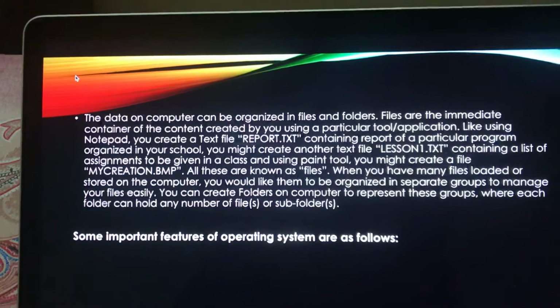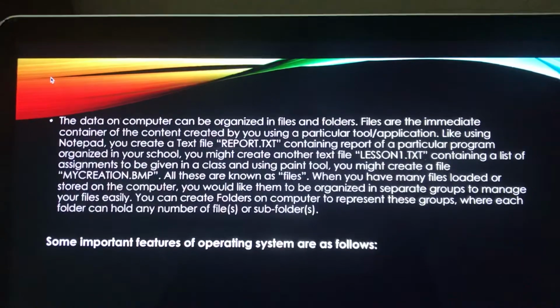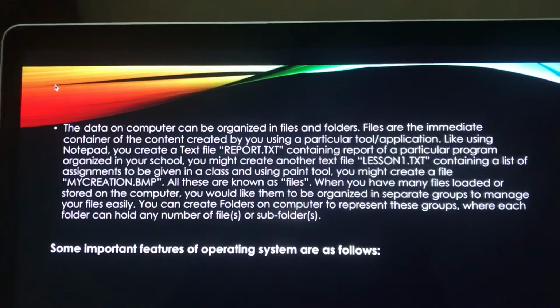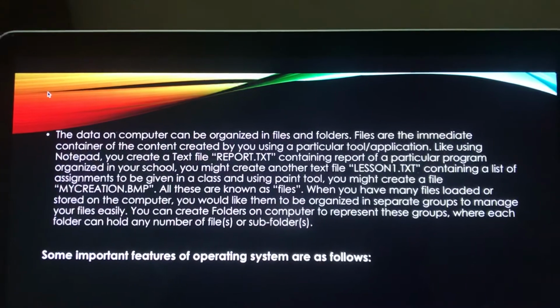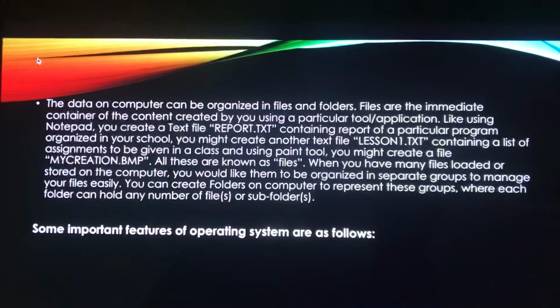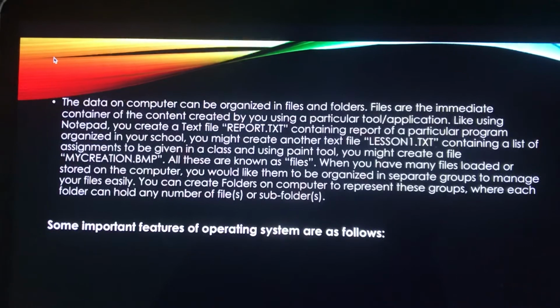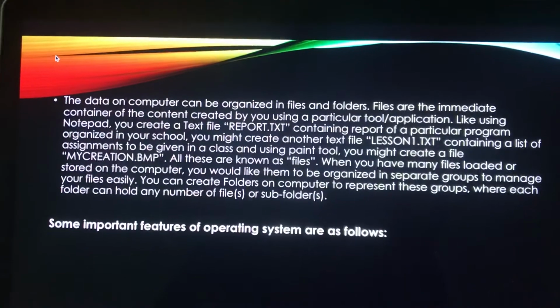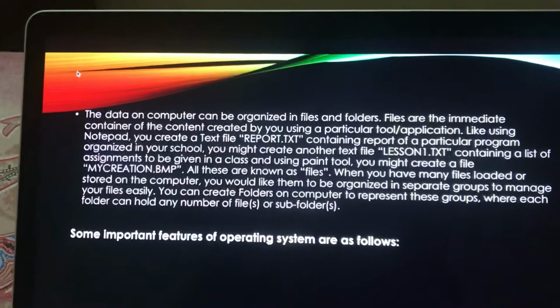You might create another text file, say lesson1.txt, and it contains a list of assignments to be given in a class. And using the Paint tool, you might create a file, say mycreation.bmp. BMP stands for bitmap, and this file extension is used for image files. So you have created a file in Paint and you have named it mycreation.bmp. So all these are known as your files.